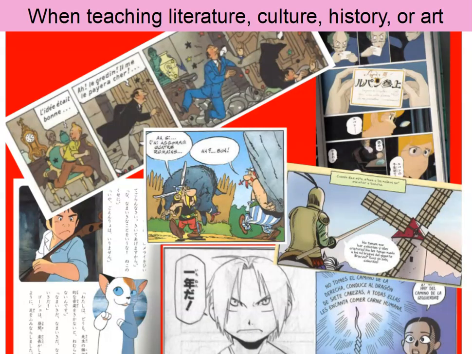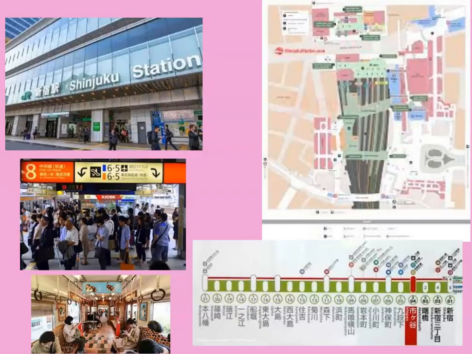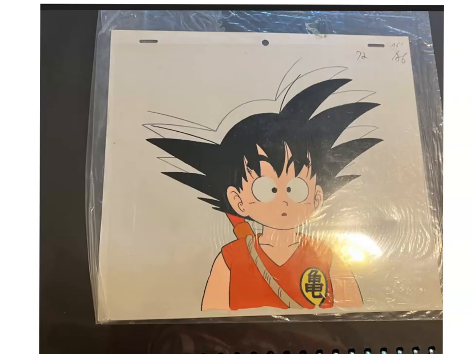When you're teaching literature, culture, history, or art, I really like following a train line or a subway line. Get out Google Earth images or some maps, and my dream is to let the students feel like they are riding the train line. One of these days, I'm going to do something grandiose in Minecraft, but that's going to be a lot of work to put all the facades of the buildings in and everything. That's further down the line, as it were. But for now, we can make do with Google Earth and lots of pictures on the internet, and get the kids to think about the entire train line as if they were riding a train.